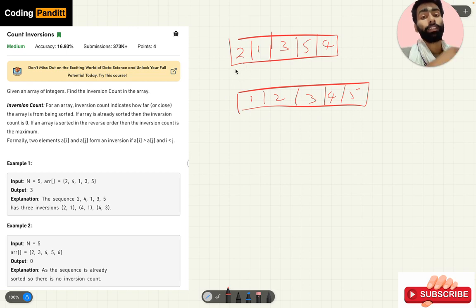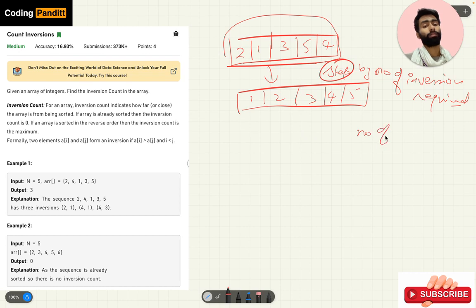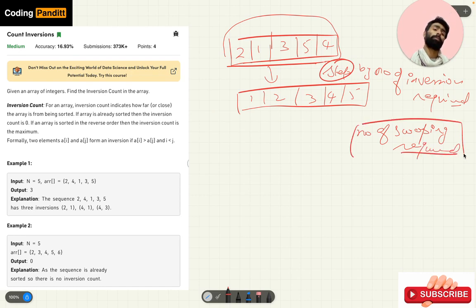We have to find in how many steps this will become this, and that will be counted by the number of inversions required, that is, the number of swaps required. So this is what we have to find out.